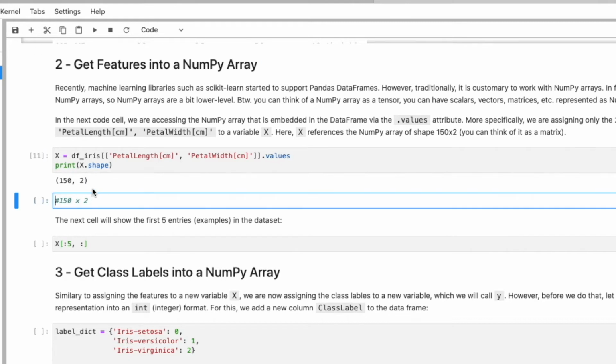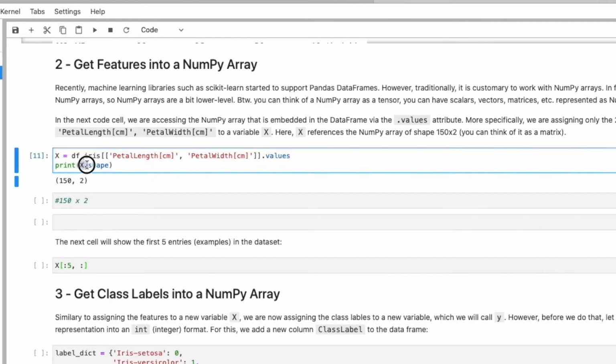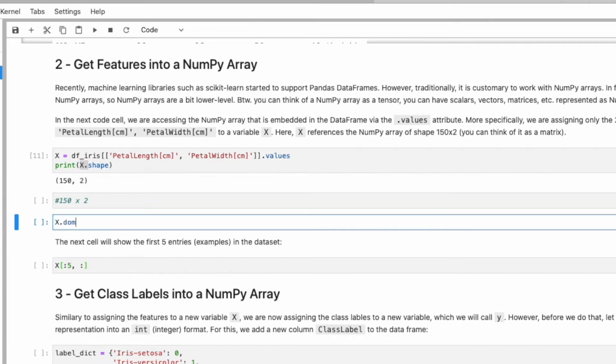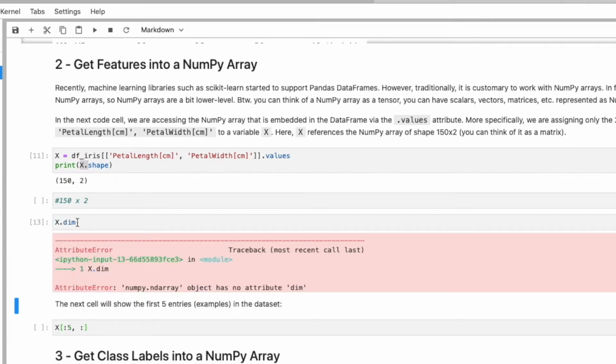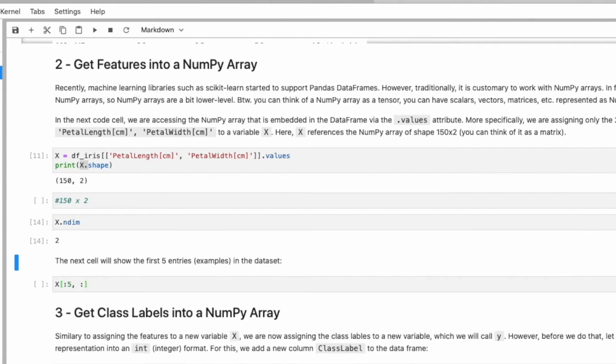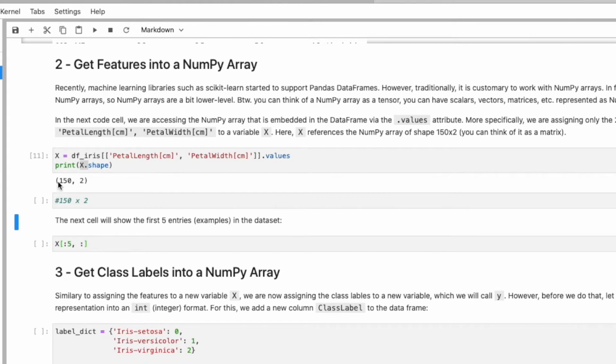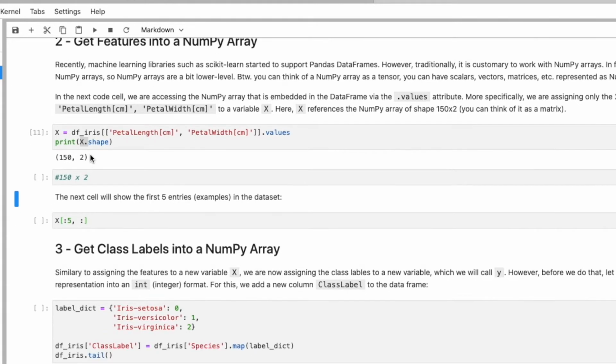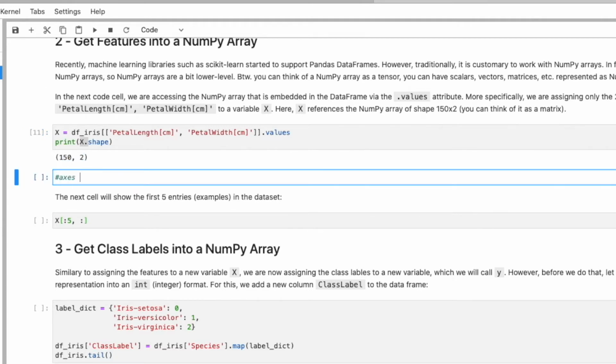If you wanted to, you can also just get the number of dimensions like this. ndim, I think. So it is the number of dimensions, but usually I never do that because I can usually count 1, 2 here. So it's kind of overkill to execute the ndim command to get an idea of the data set. This also gives me an idea of how many entries are in each dimension. And in NumPy we call these dimensions axes.